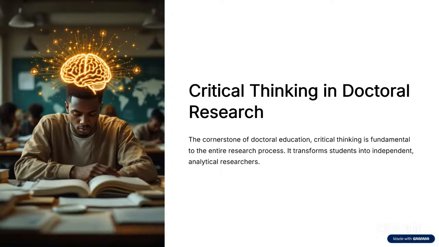Because the expectation is that this is the highest level of academic qualification. So it's not just about you embarking on a research project or having additional degrees, but it's more about you as an individual, as a researcher, engaging in something that will bring transformation first to yourself as a thinker, as a researcher, and then also making a meaningful contribution to the academic field and to humanity in general.